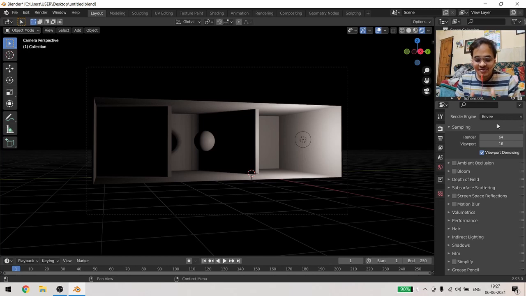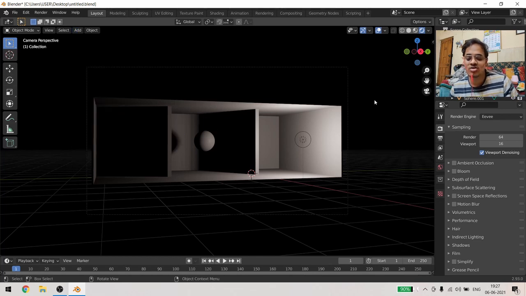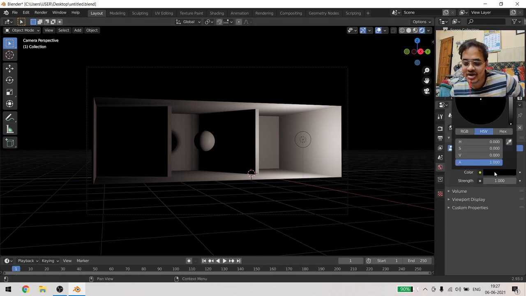So for getting the global illumination, for getting the light bouncing into the shadowy area, they have provided a wonderful option called irradiance volume. That is our new guest. We are going to go to Add, Light Probe, and then Irradiance Volume. What more I have done is I have gone to the world properties, and the color I have brought to zero, black.